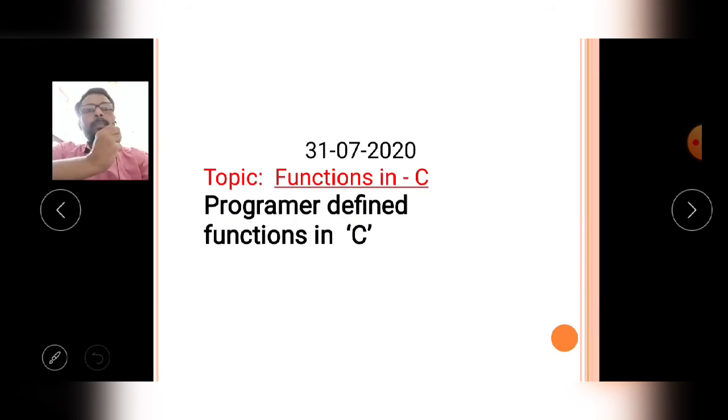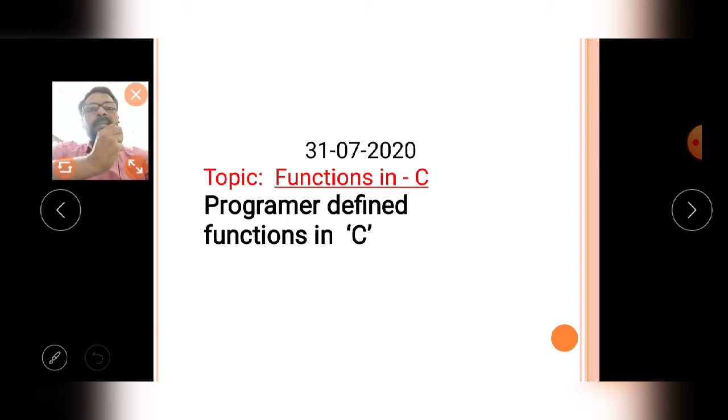Today's topic is programmer defined functions in C language. Generally, the programmer defined functions in C language is also called as functions in C. Already we defined the C language program.